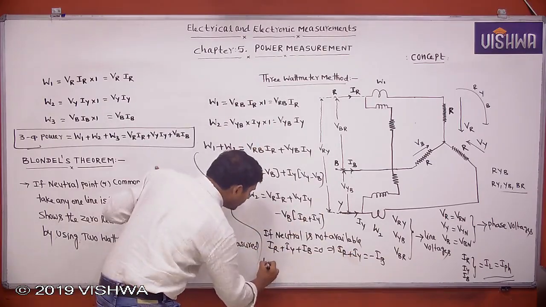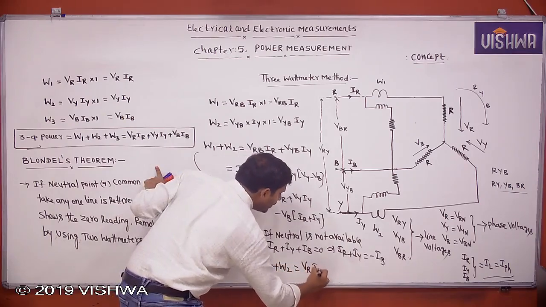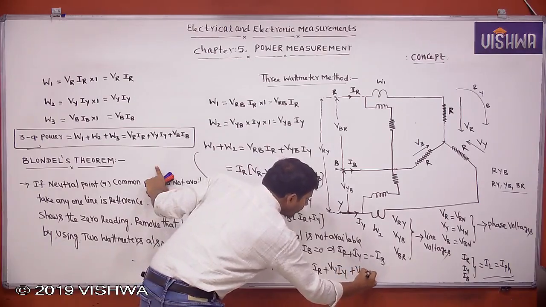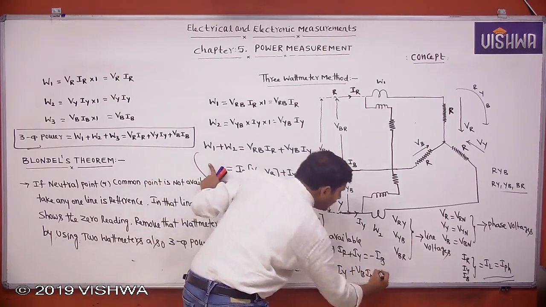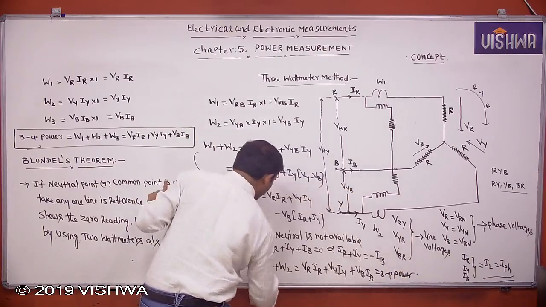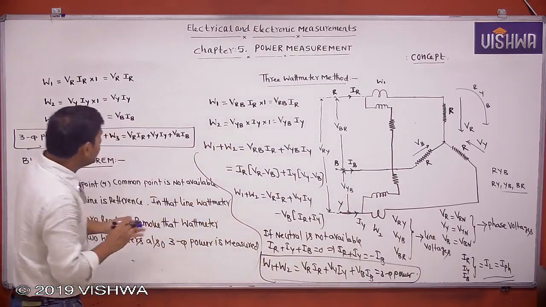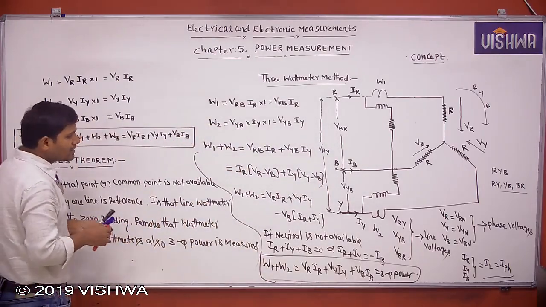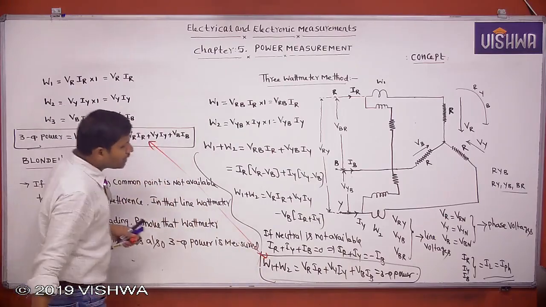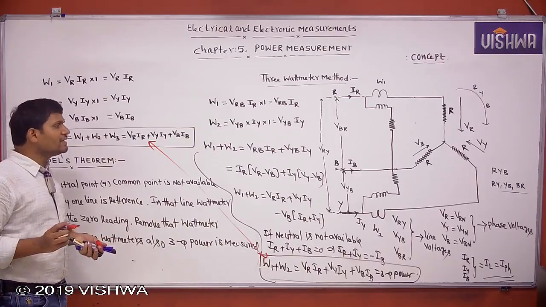Then W1 plus W2 equals VR into IR plus VY into IY plus VB into IB. This is the 3-phase power. This is the proof of Blondel's theorem. That means by using 2 wattmeters also we can measure the 3-phase power. But this method is applicable